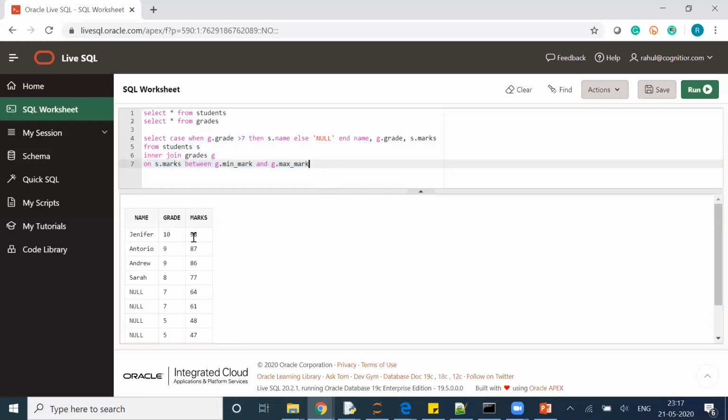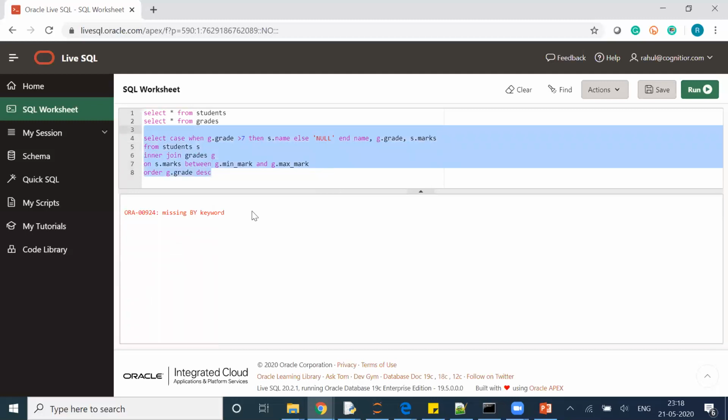Now after that, the next requirement which we had is regarding the order. Descending order by grade, and it looks like it is descending order by grade. Then if the grades of two students are the same, then order the name alphabetically, right? So here Antonio, Andrew: Andrew should come first and Antonio should come second. For that, first of all, I'll purposefully write order by g.grade DESC. So it will be a descending order. That is what we are looking for.